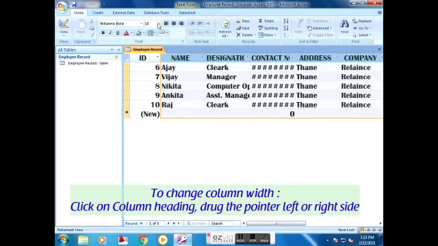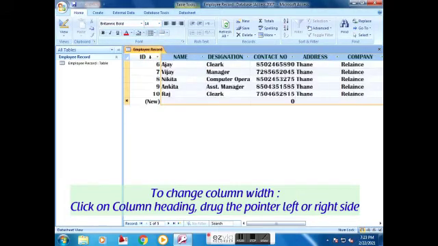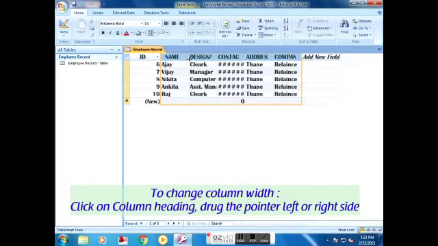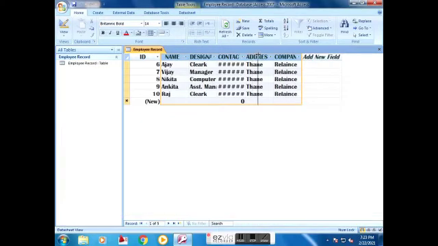To change the column width, click on the column heading and drag the pointer left or right side.